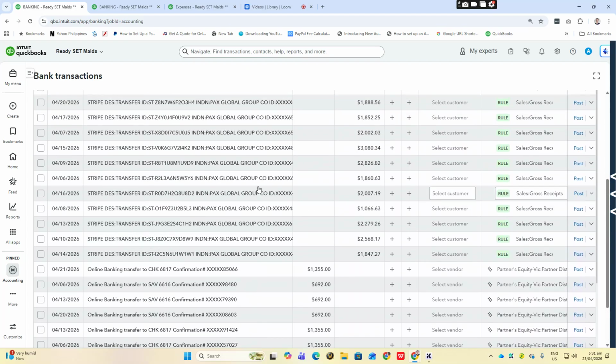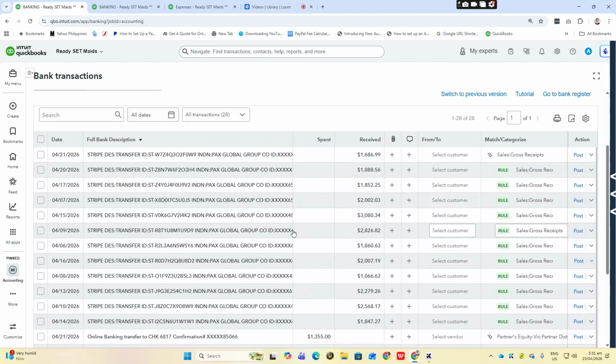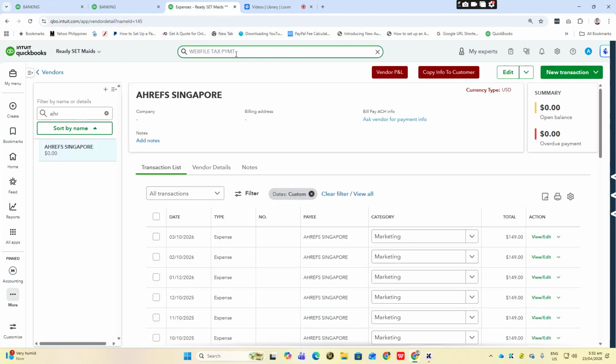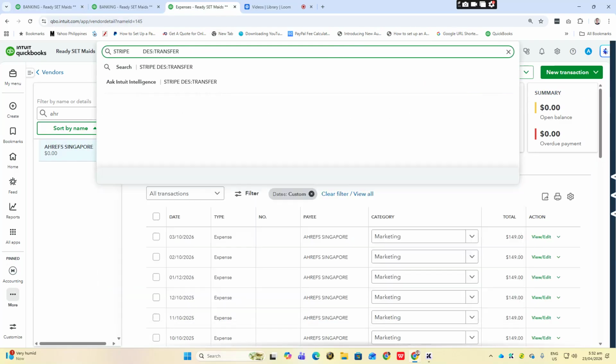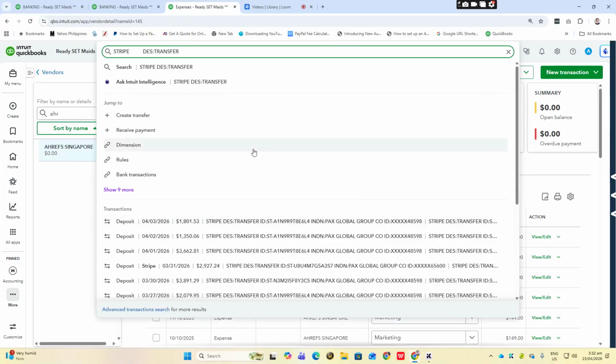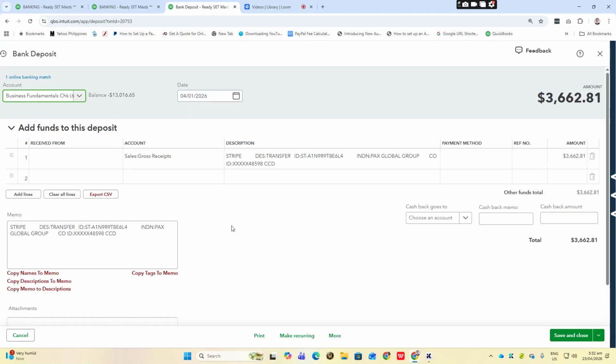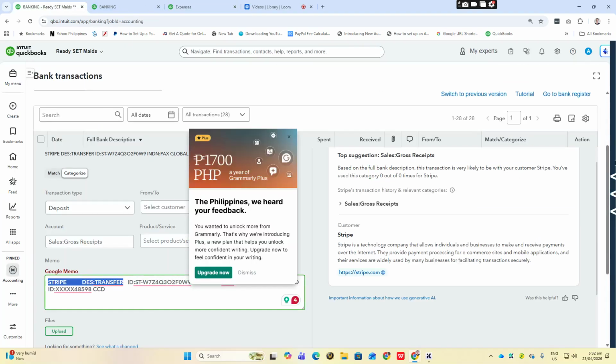So we have here Stripe transfer. Copy this one. Then copy advanced search. So this is deposit. So what account do they use? Sales, gross receipts. Okay.